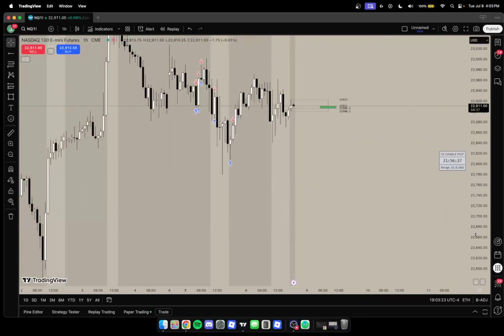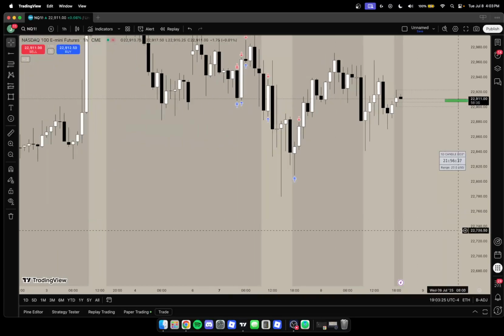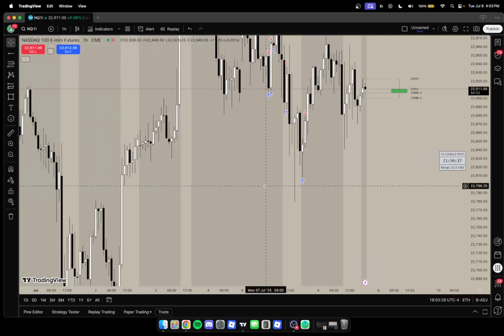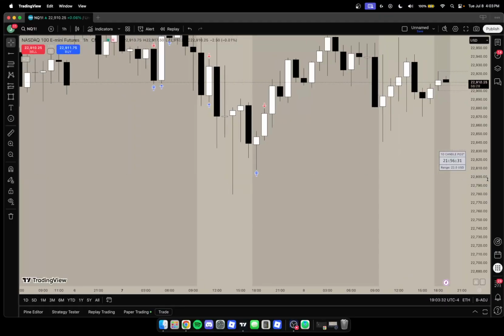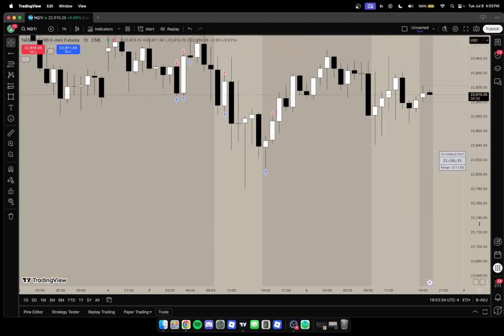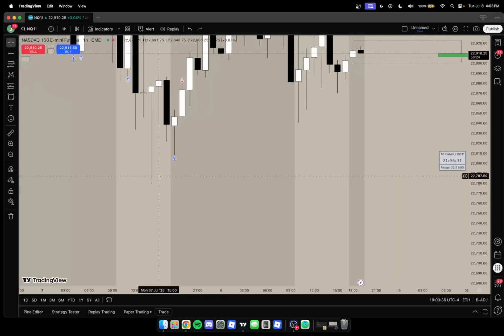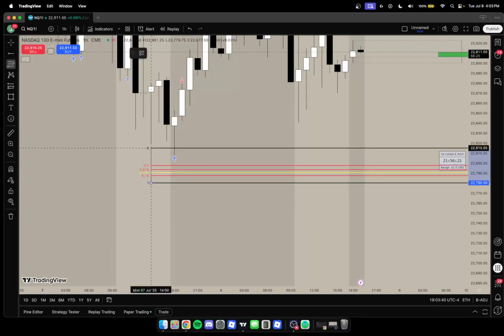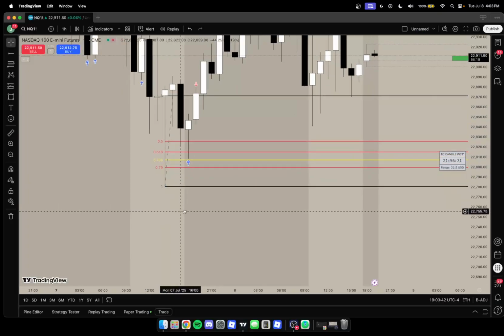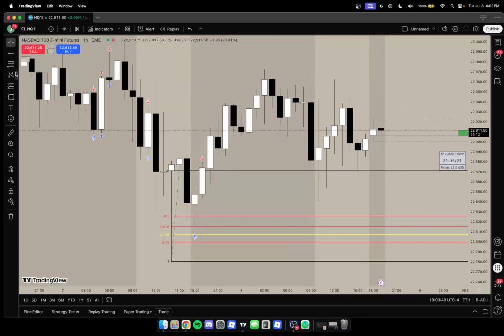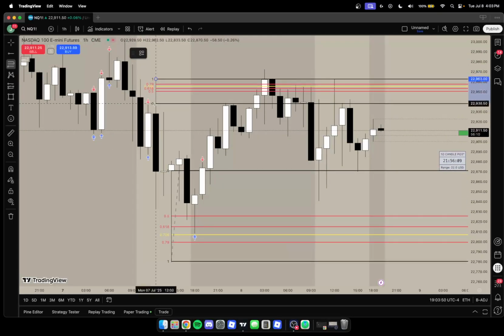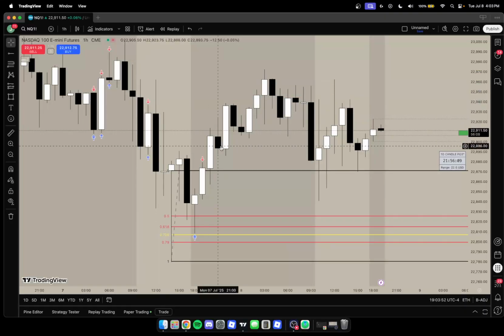So after we established what rejection block we're going to use, we're going to make it valid so that we have an even better opportunity to trade it, right? So I want you to mark out the fib of it, right? If it's coming from the downside, you want to go bottom to top, and if it's coming from the upside like this, you want to go top to bottom. Okay,